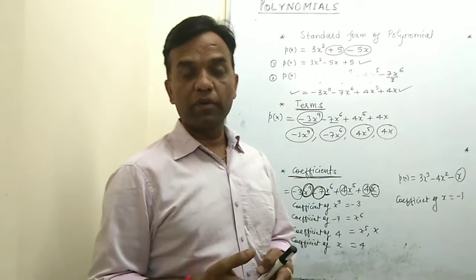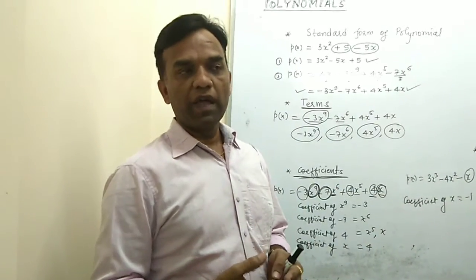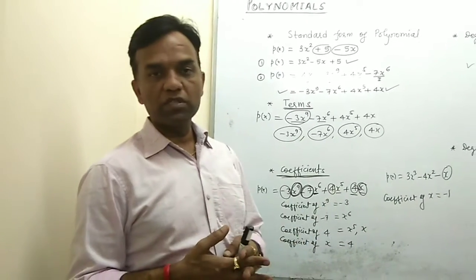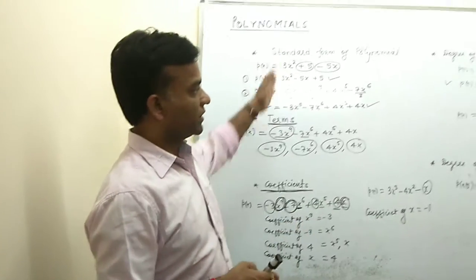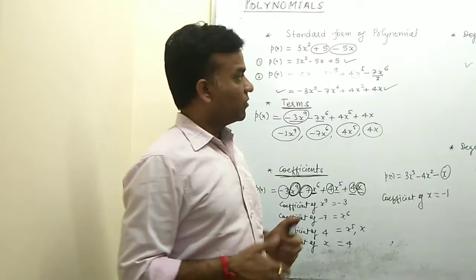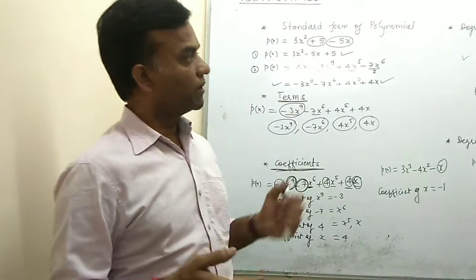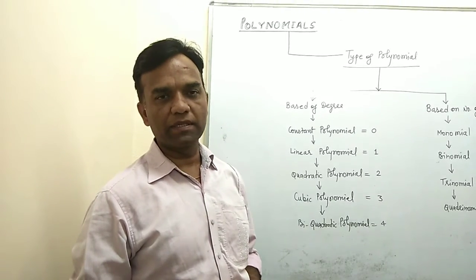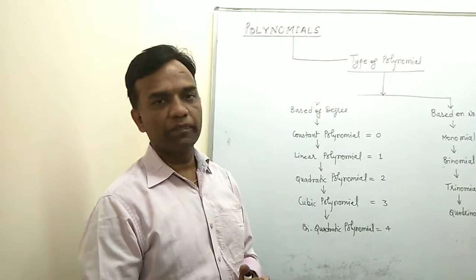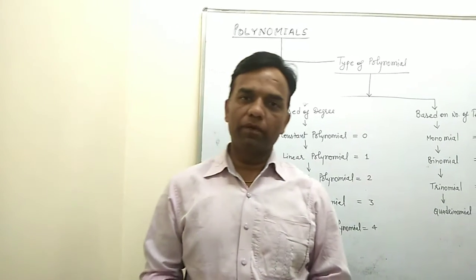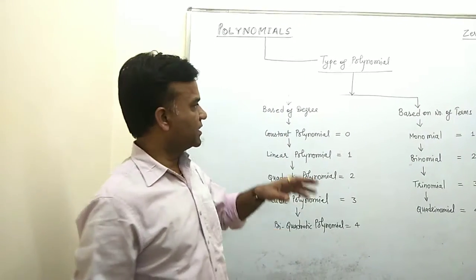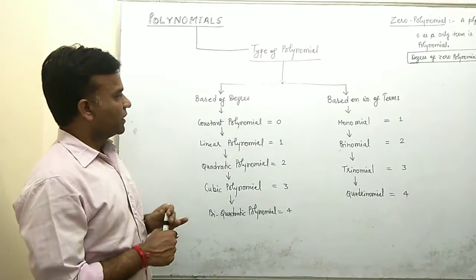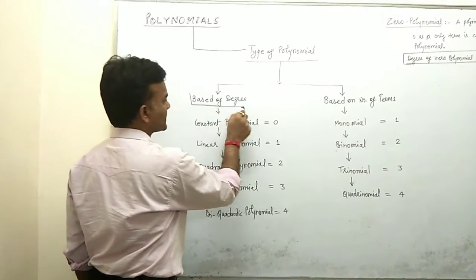Okay, you make notes first, because you write down all these terms in your notebook, and then one by one you do the exercises, so many questions related to all the topics we described here. And now one more topic related to polynomials: types of polynomial. Here we discuss the types of polynomial and categorize them into two parts, basically based on degree.